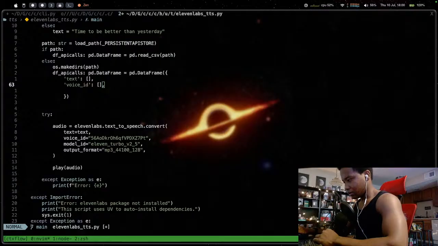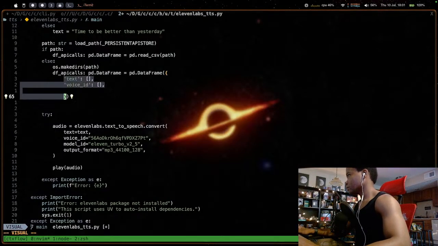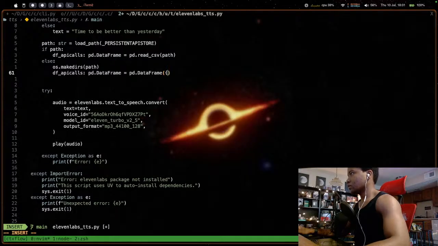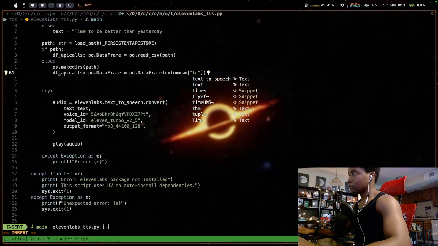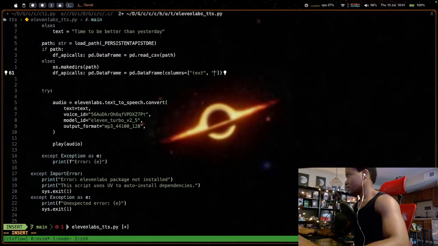Index or array. Okay, so I don't have to do this. I can just do this. Literally just columns. Columns on text.